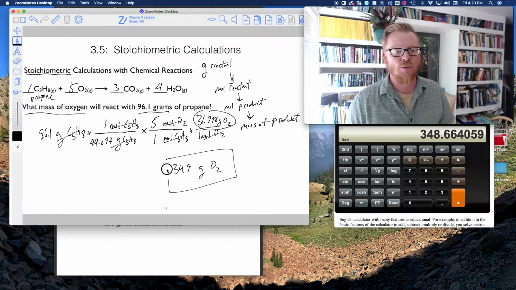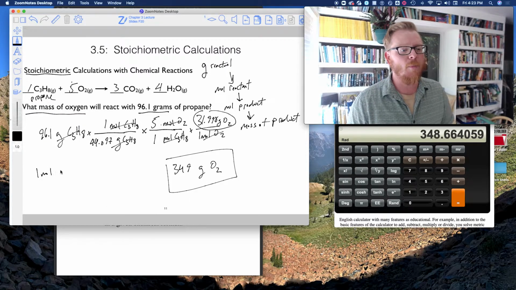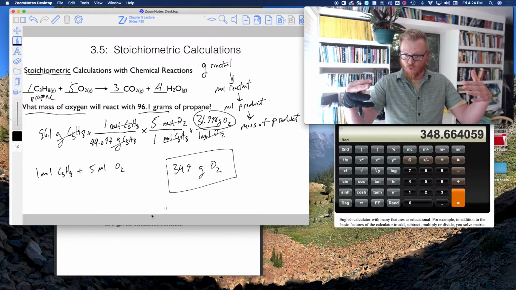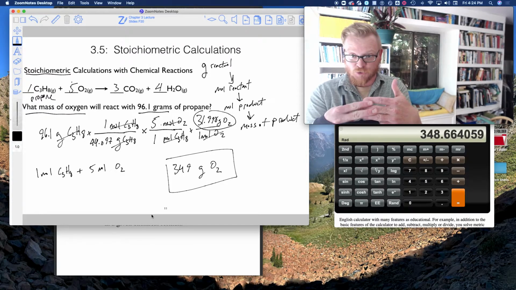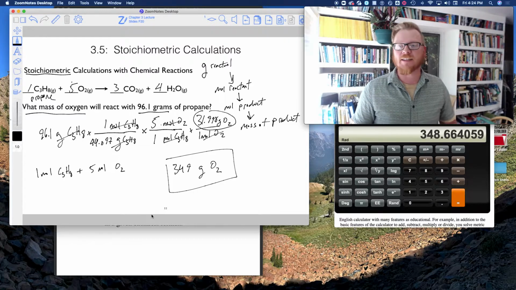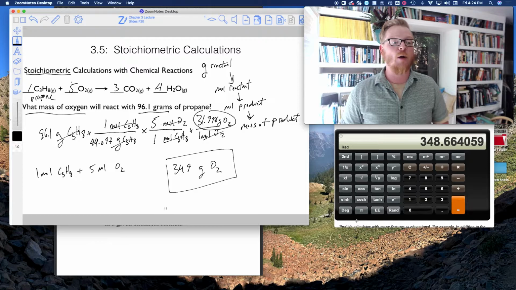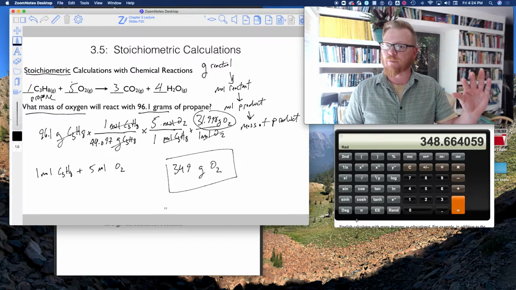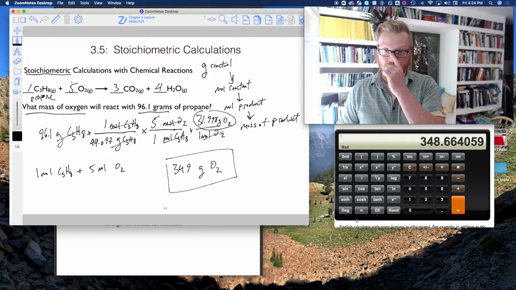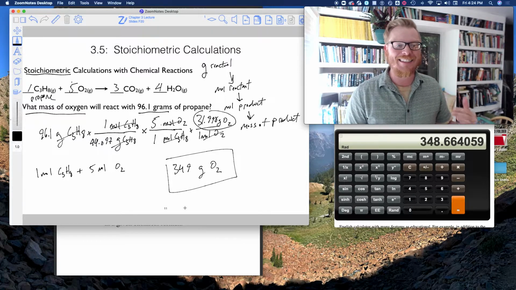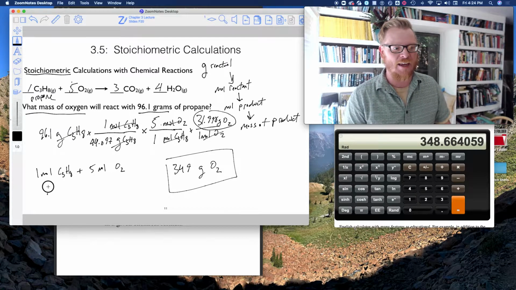349 grams. So what does all of this mean? Well, what this means is 1 mole of C3H8 needs to react with 5 moles of O2 for both of them to be completely consumed. So think of this as like baking or cooking. It's a recipe, right? If I want to react all 1 mole of my propane, I need 5 moles of oxygen. Well, now that's the exact same thing as saying